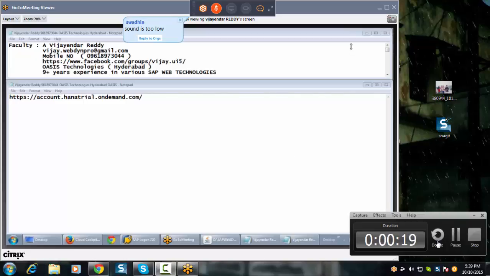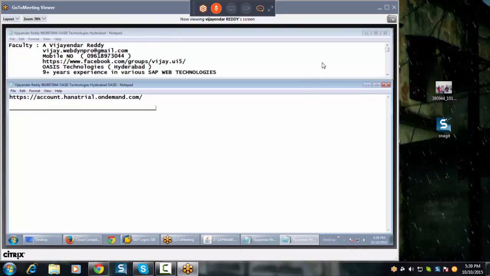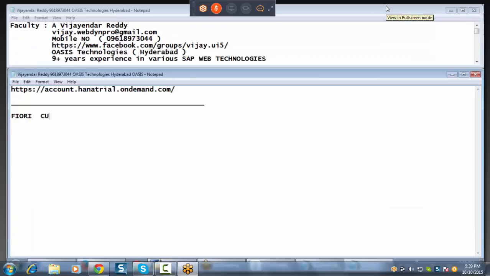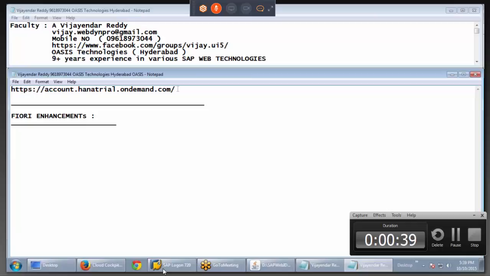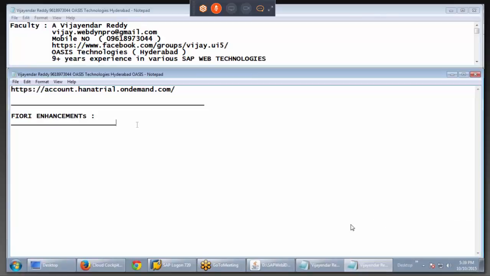Okay, let us continue today's class. In today's class, we are going to concentrate on SAP Fiori related enhancements. First of all, let me tell you some of the main points related to Fiori. So under Fiori applications, I can say,